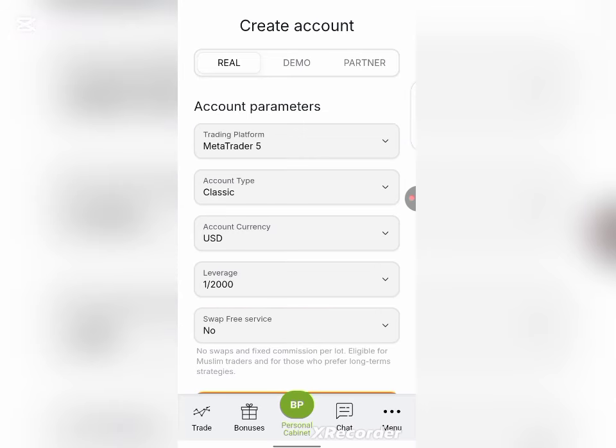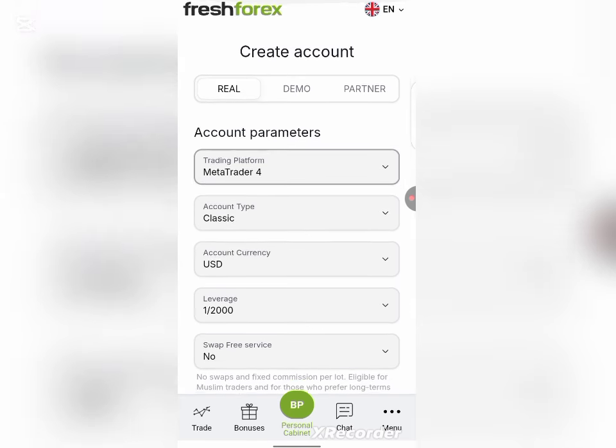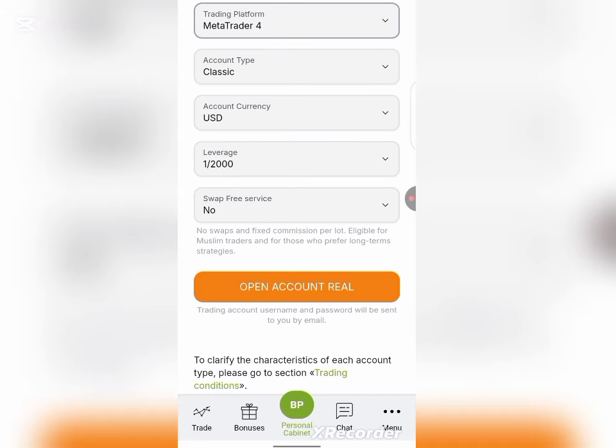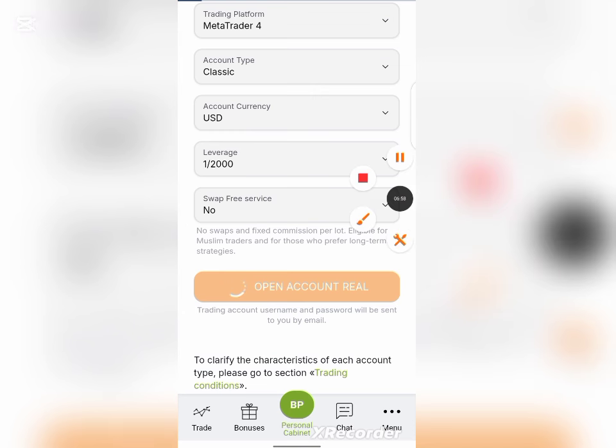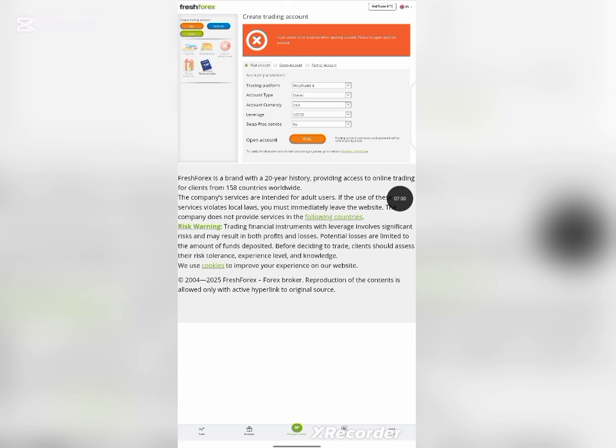click on open real account. Once you click on it, the account that we are going to choose is MT4. Don't forget that. They are supposed to bring it by themselves, but I don't know what's going on. So once you are done, click on open real account. The reason why they brought out something like this on my screen is because this network is bad, but I will show you how you can get your own.